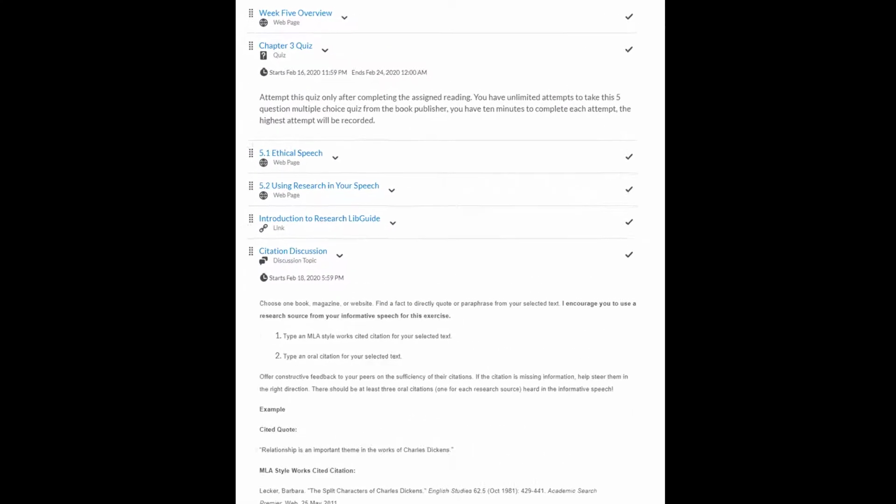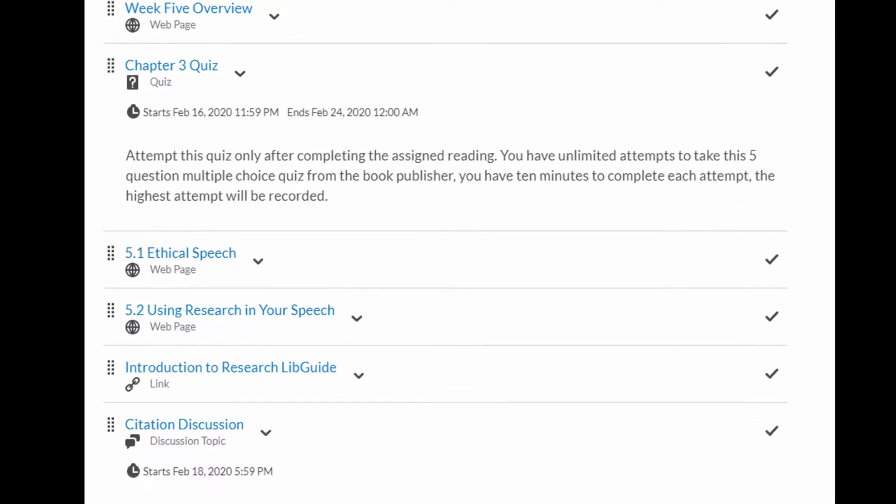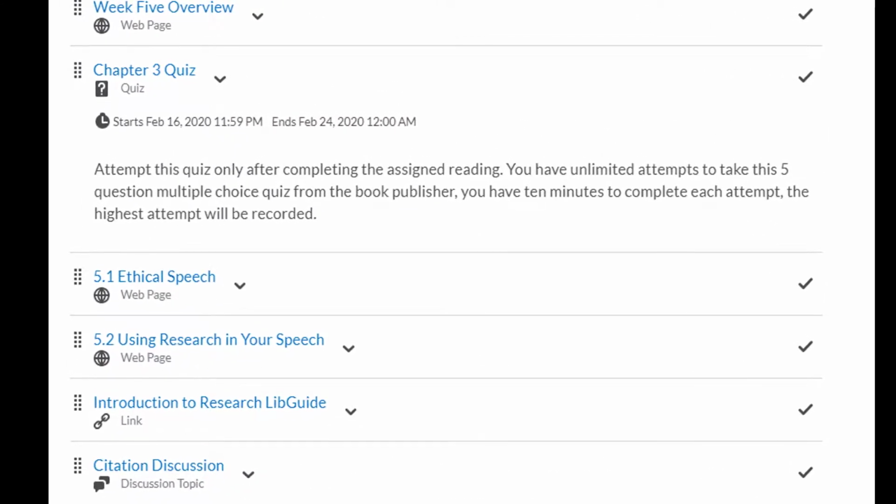In my modules, I'm a big stickler for sequence of instruction. So I think this makes it easier for students to navigate the space. So I'm going to lay out everything in the exact order that I want them to go through, and I'll just tell them that. I'll also demonstrate it to them whenever we have a Zoom support session, or I'll make a brief video to help them learn how to navigate this space.